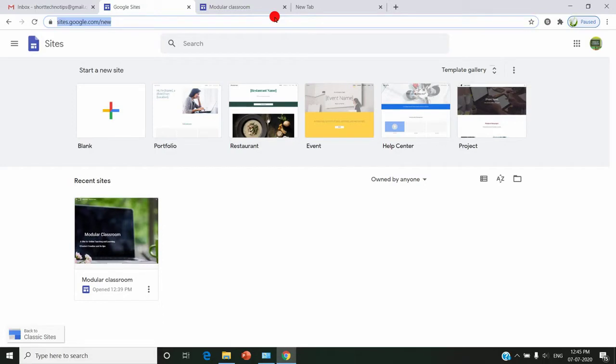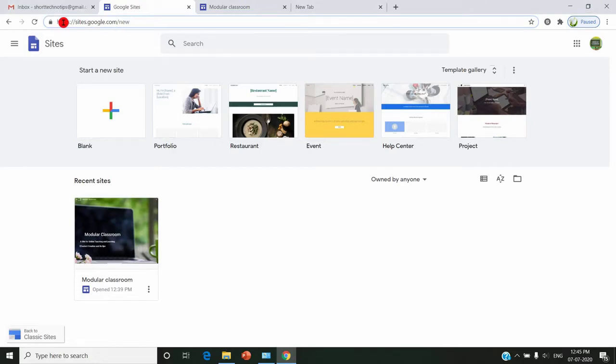With just a standard Google account, we can create as many Google Sites as we want, and each site has a storage space of up to 15 GB in our drive. The access is stored in the drive, and the domain will be on Google with an address like sites.google.com. So let's get into developing the sites.